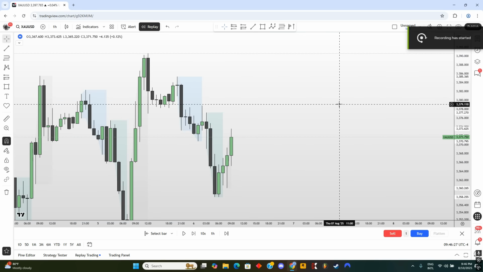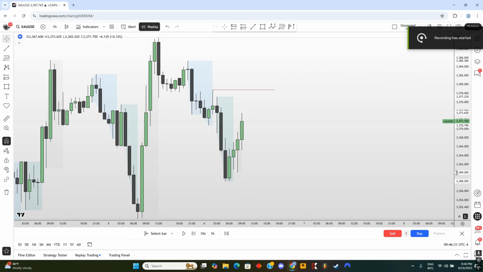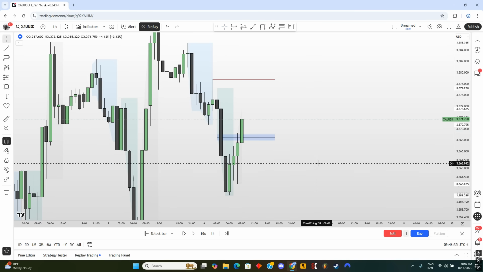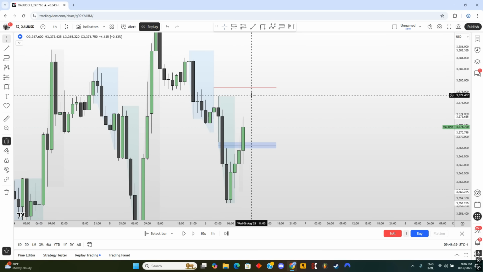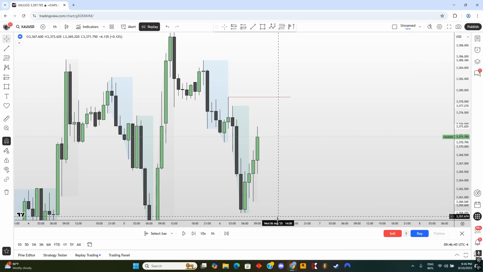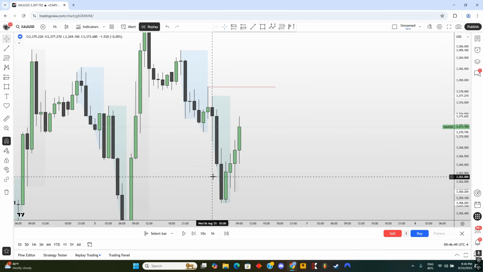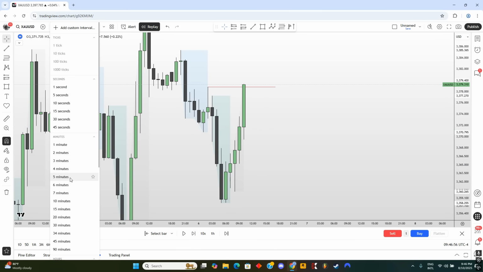All right, guys, so here is example 2, and you can see that we have this hourly high over here, and you can basically identify the direction of the market. So for example, on the 1 hour, we have inversed this, right? So you can have a bias that price will push up, but we're not using this for strategy, all right? All we need is a sweep of high or low, or we tap into some form of fair value gap. Now we have this high over here, so we are waiting for price to sweep above it, and that's what we get right here.